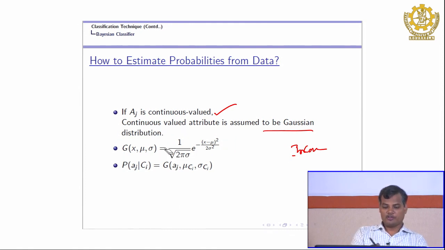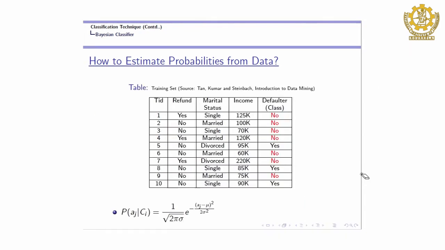Now, for the continuous attribute, I will show one example and then I will take the question here. We learned for the categorical attribute, but we do not know how to compute the probability for continuous attributes. This is a continuous value, a real number. Here we have x, and we have to identify its class level when refund is yes, marital status is single, and the income value is 116k. This value is not there in the income column.